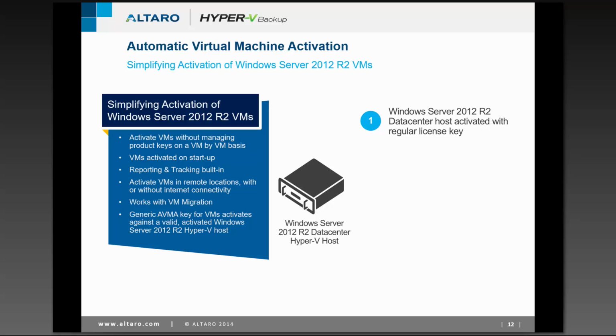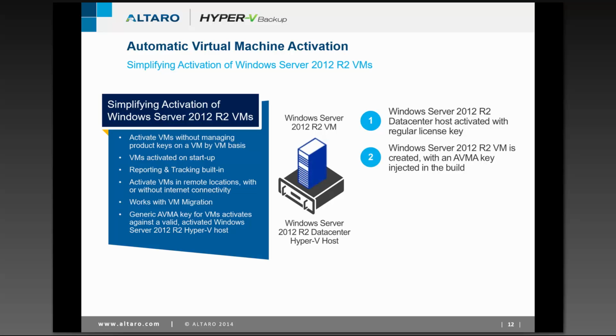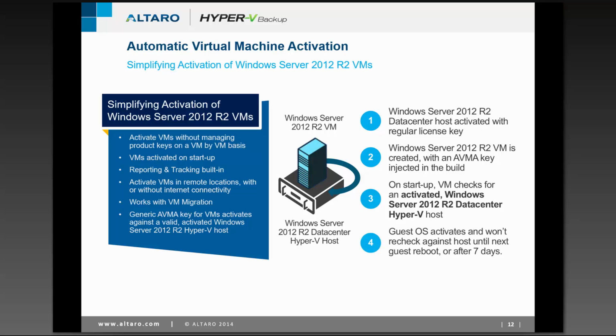So basically you install your Windows Server 2012 R2 Data Center Hyper-V host, you activate that, however you do that, on the internet or KMS, whatever, and then if you deploy a virtual machine, a Windows Server 2012 virtual machine, this can be Standard or Data Center, this virtual machine checks during startup if the host is activated, and if the host is activated, the guest activates itself